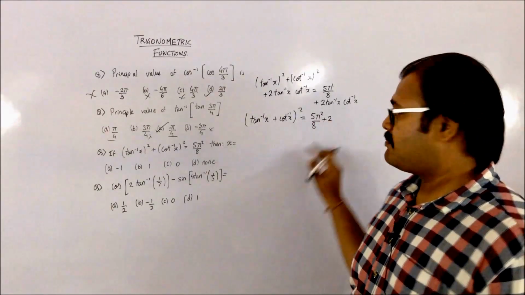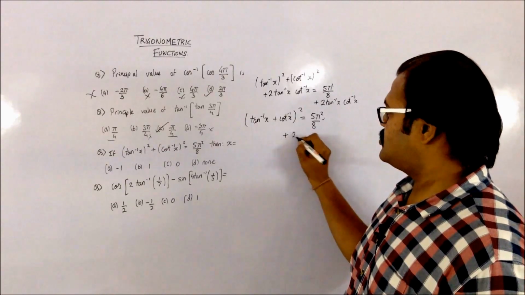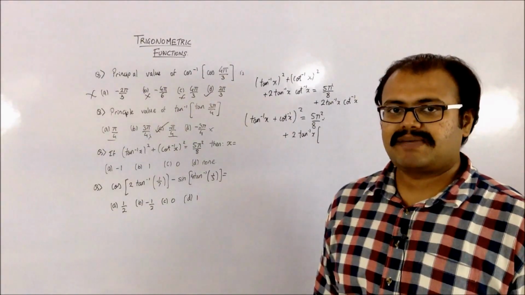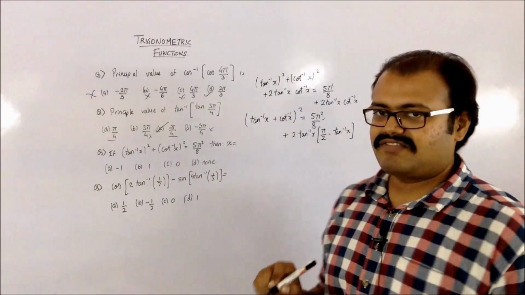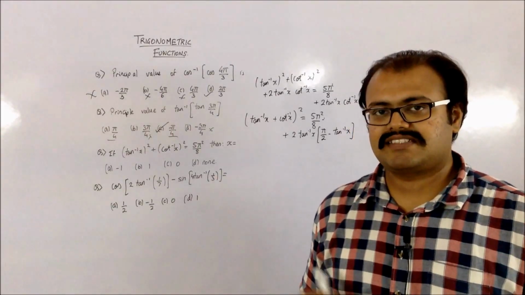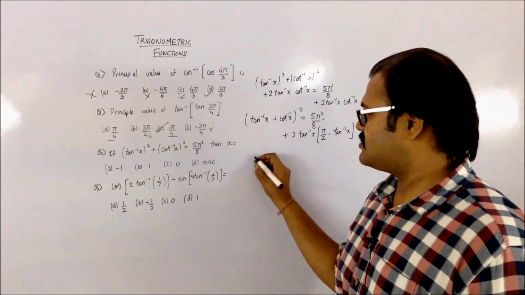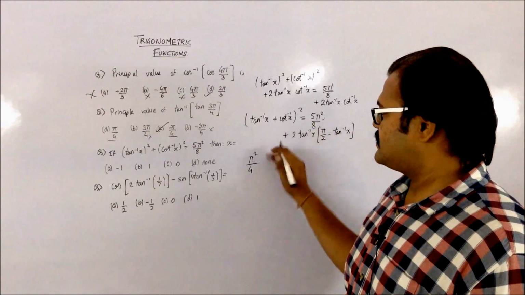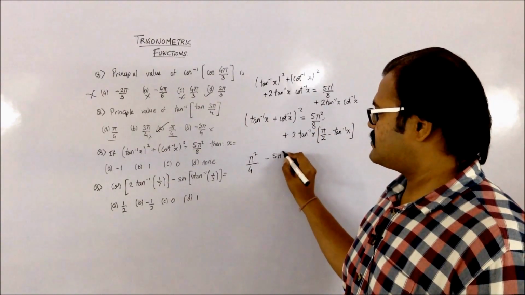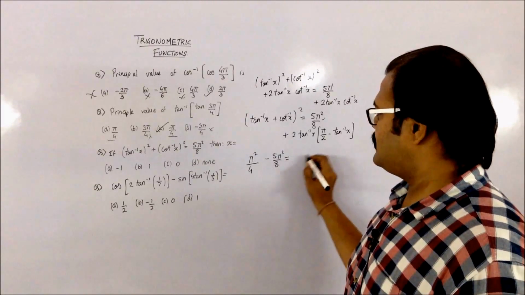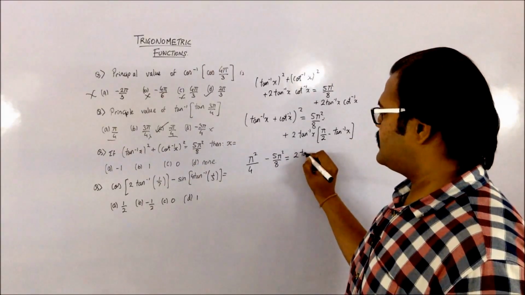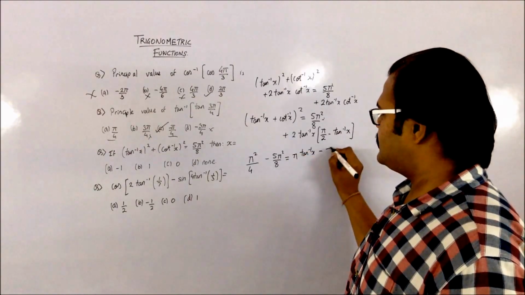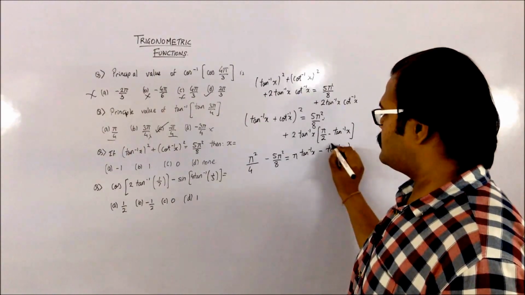plus 2 tan inverse x, and cot inverse can be written as pi by 2 minus tan inverse, because basically the formula is tan inverse x plus cot inverse x is pi by 2. That is why we have brought this particular formula over here. So we are going to get it as pi square by 4. Let's take this on that side. So I'll get 5 pi square by 8 minus of that is equal to, let's open this bracket, 2 tan inverse x into pi by 2. So that's going to be pi minus 2 tan inverse x the whole square.